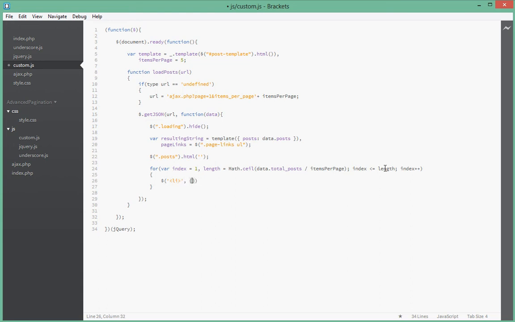and we want to give it properties of an href, which is, what href do we want to give it? We want to give it ajax.php. I know this is not semantic HTML because an li isn't supposed to have href, but actually, let's say data-url. Yeah, data-url should work. So what query string do we want to give data-url? We want to say page equal to, and index, concatenate that to index, and then concatenate that to another query string, which is items per page equal to, plus